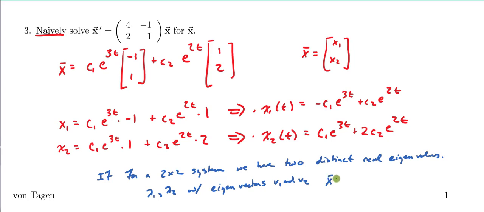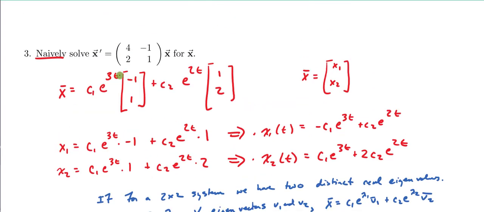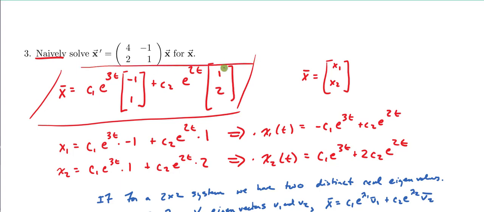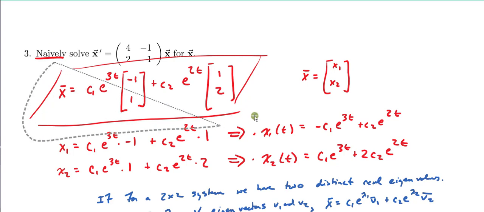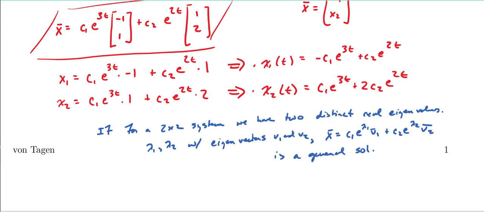X of t is c1 e to the lambda 1 t v1 plus c2 e to the lambda 2 t v2 is a general solution. So in class we'll justify that what I just did here is in fact the general solution. Let me box that. That is the general solution to the system of differential equations. And likewise, that would be the case for any situation where we have two distinct eigenvalues